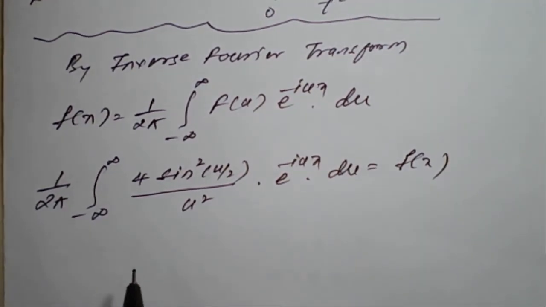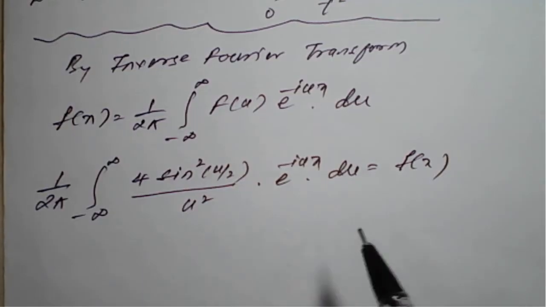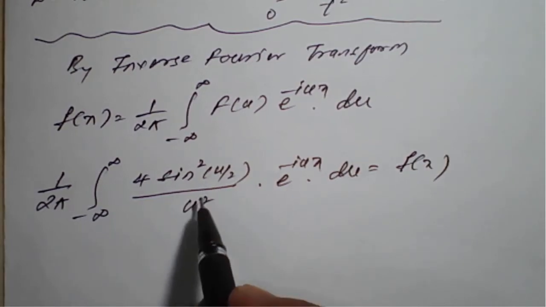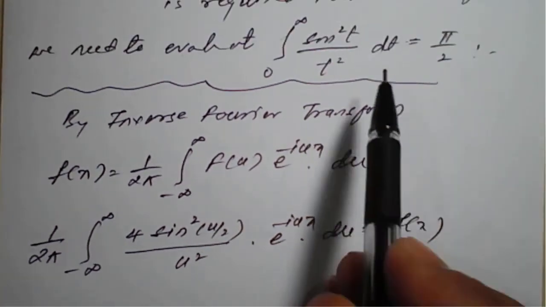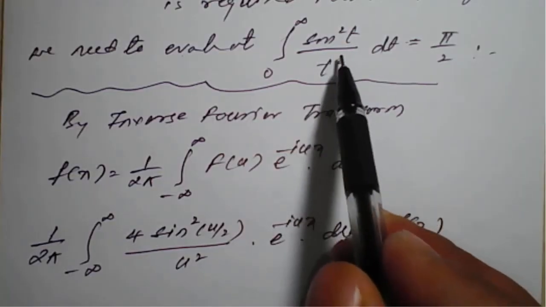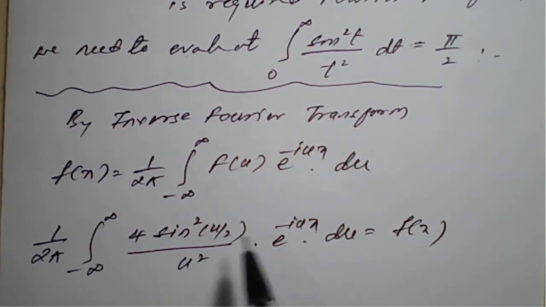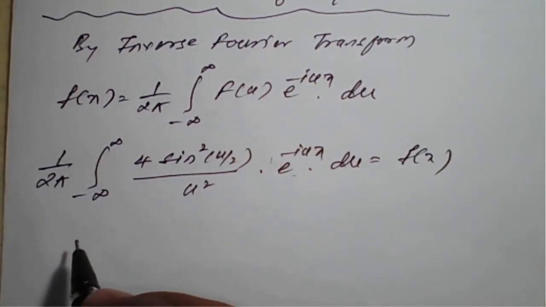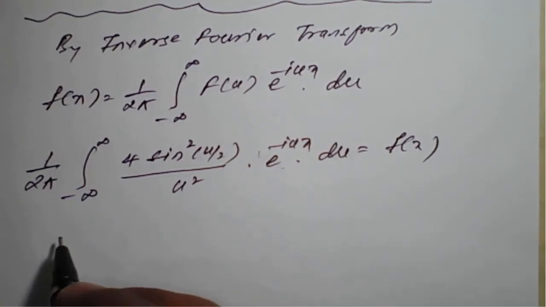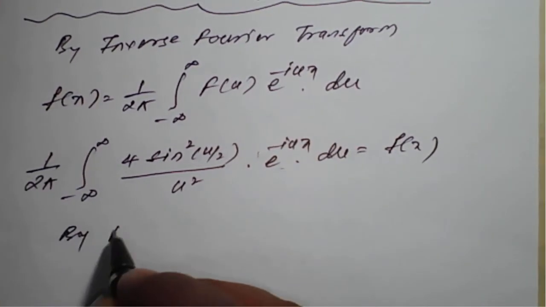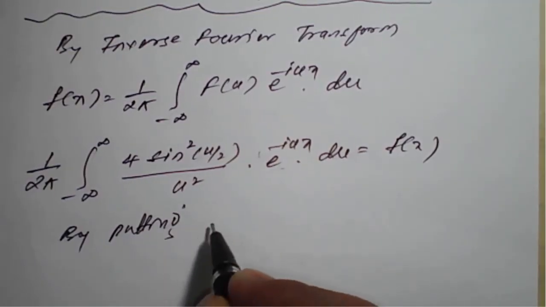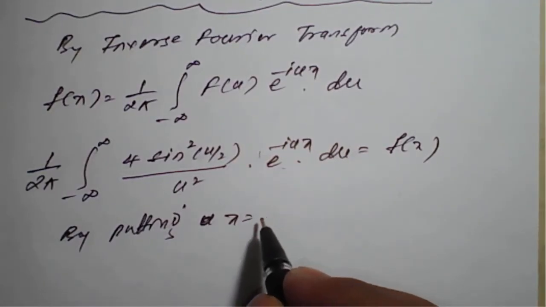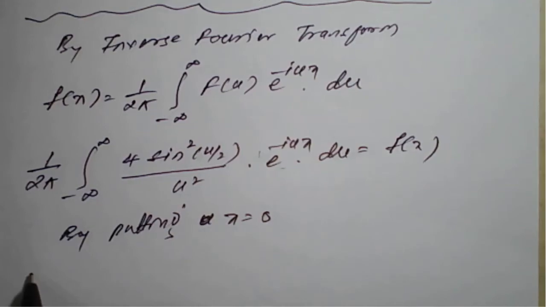So therefore here we'll start the manipulating first. So we don't want this term, because if you replace this all u by t, we will get the required deduction part. What we have just seen here, almost we have sine square t upon t square, which we needed, so we can manipulate here, but this is extra, so this extra we can remove by putting x is equal to 0. By putting x is equal to 0, what happens here, so 1 upon